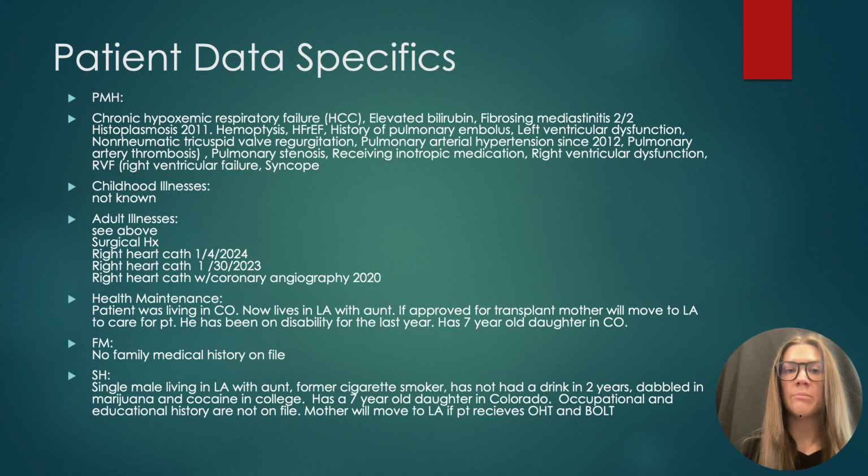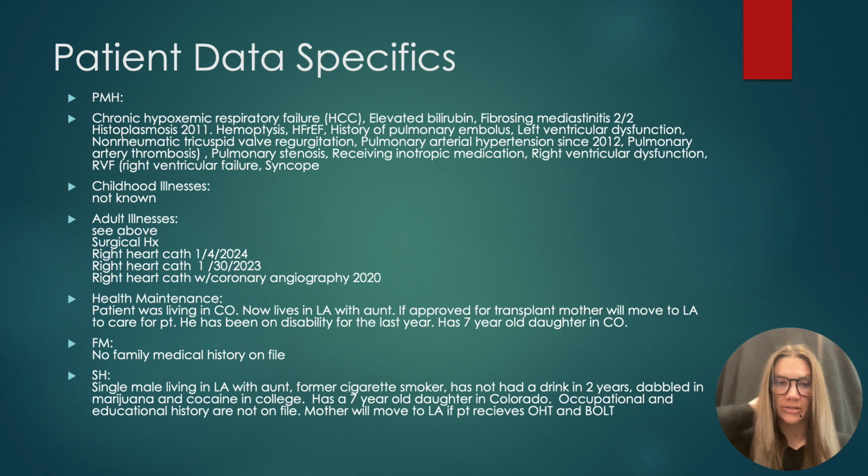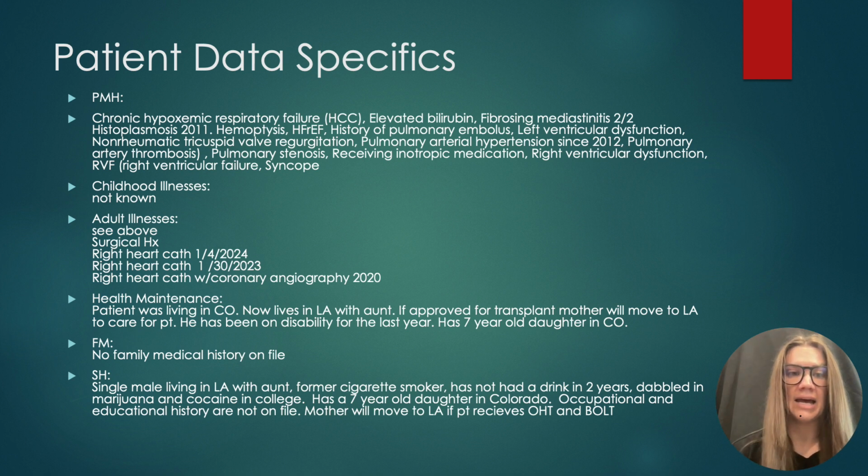History of pulmonary embolus, left ventricular dysfunction, non-rheumatic tricuspid valve regurgitation, pulmonary arterial hypertension group 5 since 2012, pulmonary artery thrombosis, pulmonary stenosis, and he has received inotropic medication, right ventricular dysfunction, and right ventricular failure, along with syncope. He has no known childhood illnesses. Adult illnesses are listed as above, and he has had 3 heart caths in the past